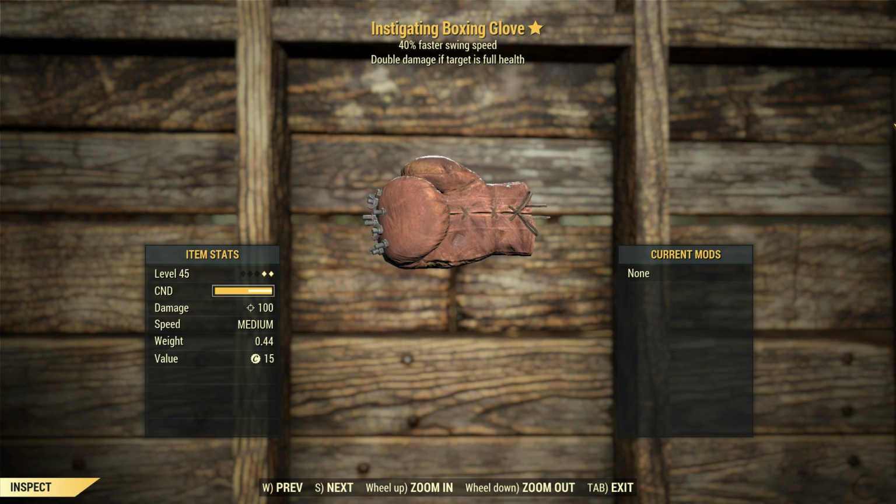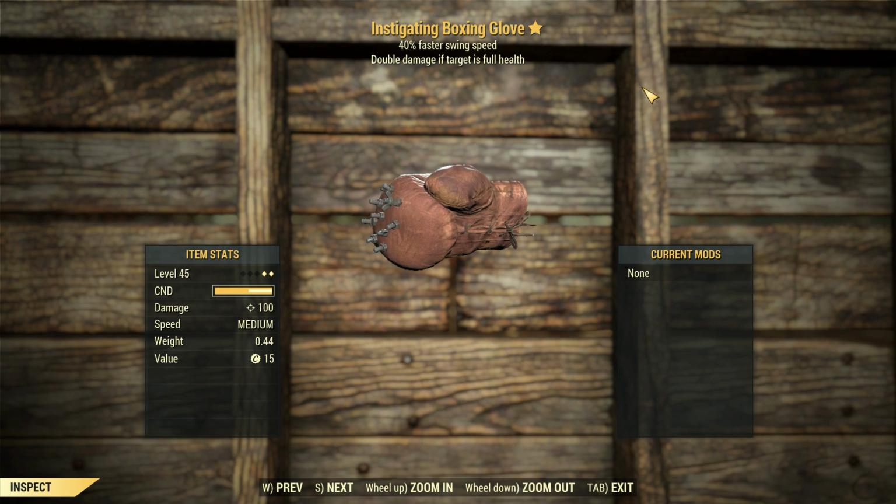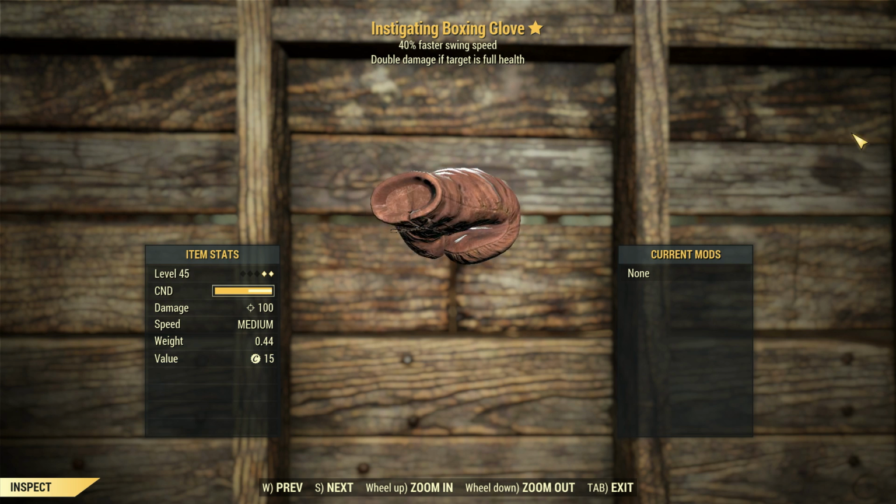G'day, this is Captainoob, and this is an Instigating boxing glove. Probably not the most expected unarmed weapon to turn up first, but yes, the strength build has finally become powerful enough to absorb yet another weapon type. This is going to be the last weapon type that I'm going to be using with the strength build,